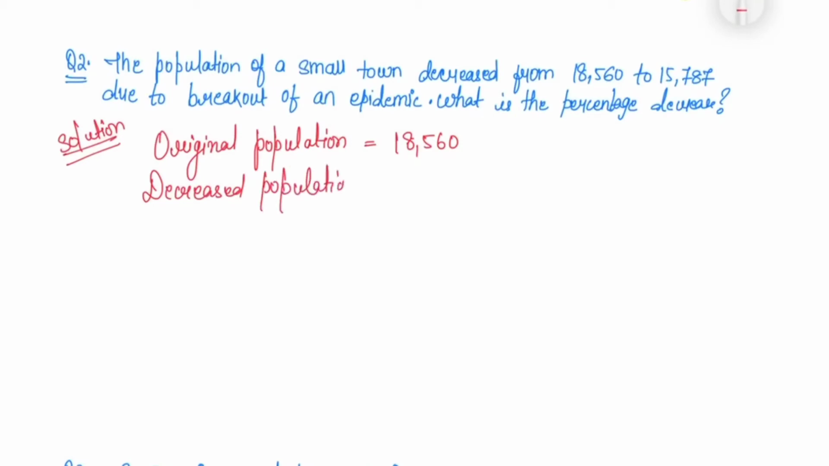The decreased population is 15,787. Okay, this is the decreased population. Now we have to calculate the percentage decrease, right? So PD means percentage decrease. We will go according to the formula. The formula says